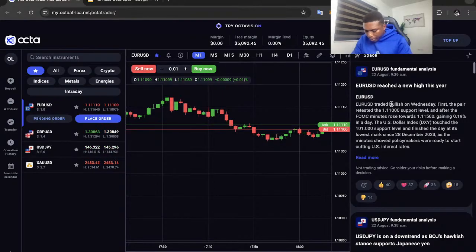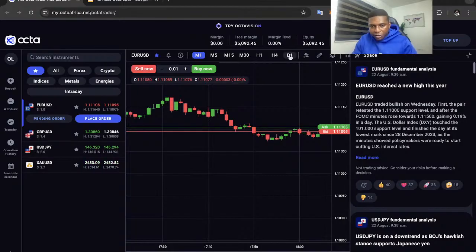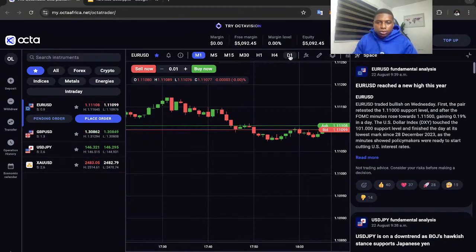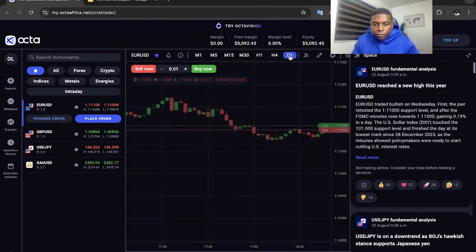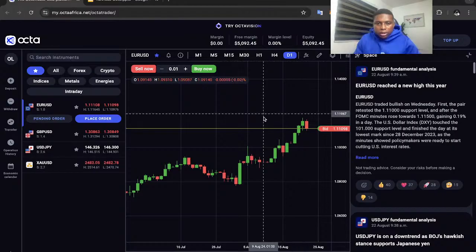All right, good. Let's start with the higher time frame. We'll do more of a top-down approach, coming from the higher time frame to the lower time frame. So let's start with the daily time frame. Right on the daily time frame here, we can see